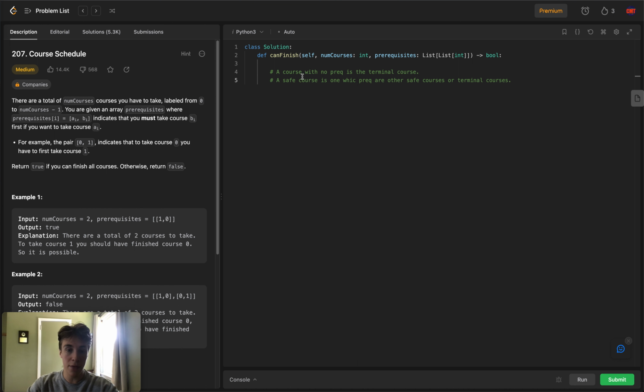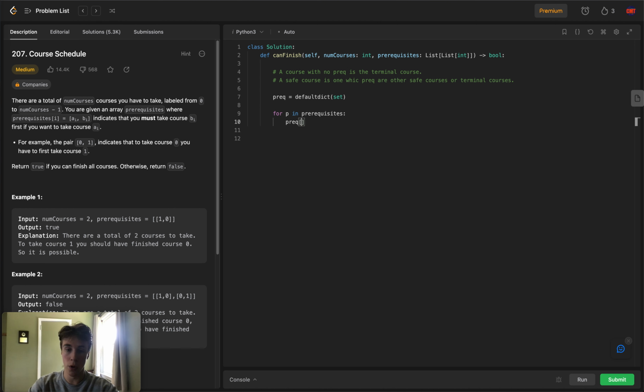Okay, so given that we can remodel this question the same way that we solved yesterday's question, let's first create the data structures that are going to be used here. The data structure that I want to use to represent prerequisites is going to be a dictionary. So I'm going to have a prerequisite dictionary, and I'm going to make that a defaultdict with a set as my default value. And I'm going to say for p in prerequisites, I'm going to say prerequisites dot